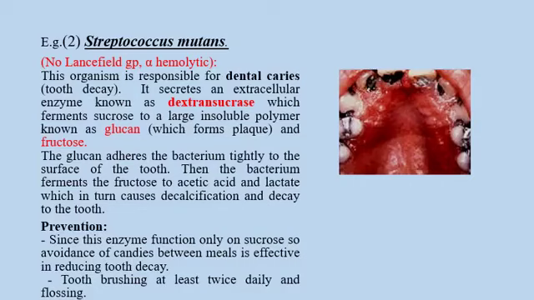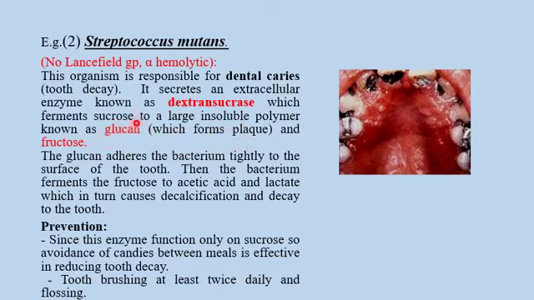The second example of viridans group, Streptococcus mutans. Streptococcus mutans is also non-Lancefield, has no Lancefield group, and it is alpha hemolytic. This organism is responsible for dental caries or tooth decay. It secretes an extracellular enzyme known as dextran sucrase. The substrate for this enzyme is sucrose. It ferments sucrose, converting it to a large insoluble polymer known as glucan, whose common name is plaque, and